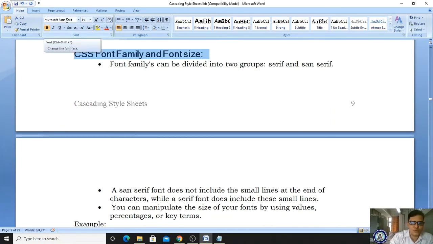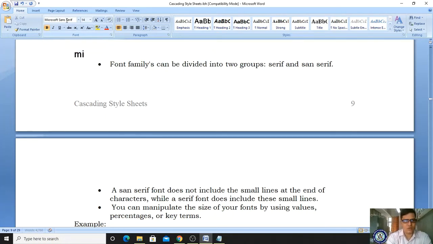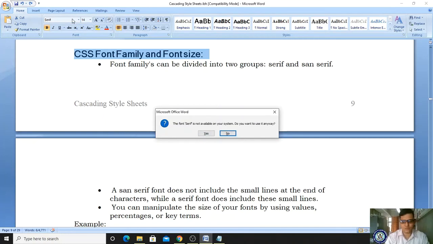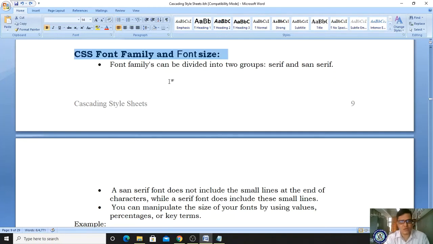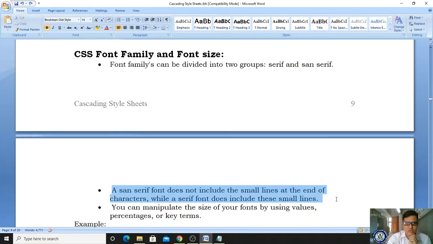If I use just a serif font, sorry, here it is Microsoft Serif. Okay, no problem. A serif font will use small lines at the end of characters, right, at the end of characters.